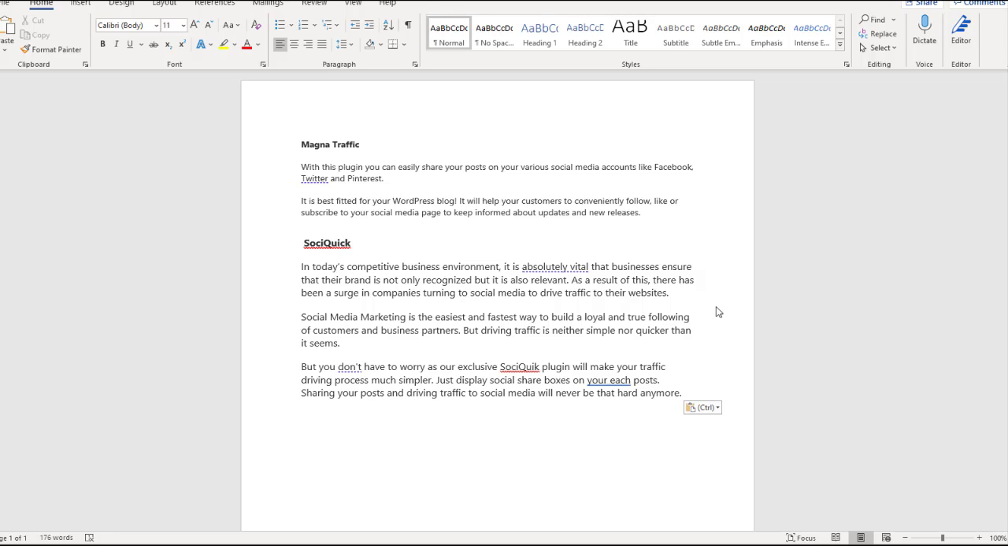and new releases. And then Social Quick. In today's competitive business environment, it is absolutely vital that the business ensures your brand is not only recognizable but also prevalent. As a result of this, there has been a surge in companies turning to social media to drive traffic to their websites. Social media